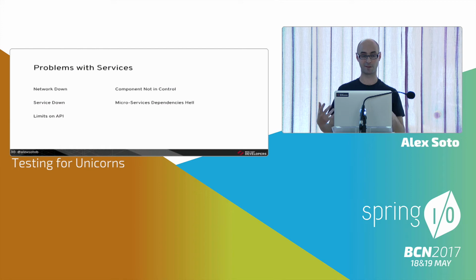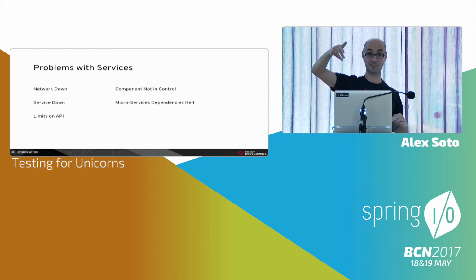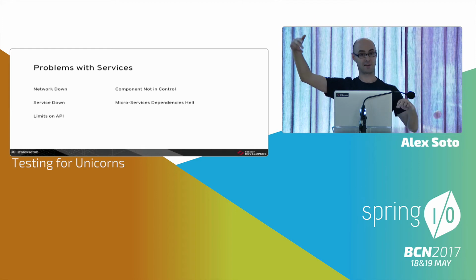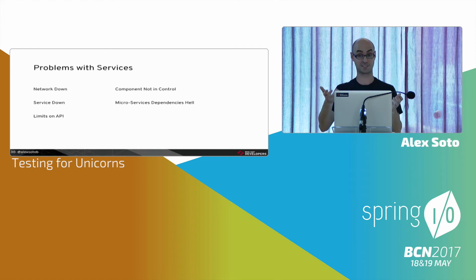So if you want to run your test, you might need to start up a service, the service that you want to connect to. This service might contain persistent storage, so you need to start its persistent storage. But this service maybe connects to another service, so you still need to start this other service. And at the same time, this service can connect to another service, and so on and so forth. So you have a graph of dependencies, and you need to start the whole graph of dependencies to make your